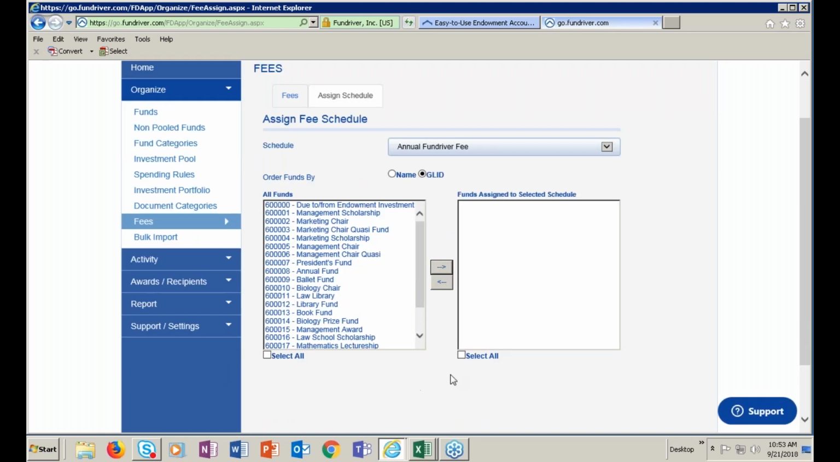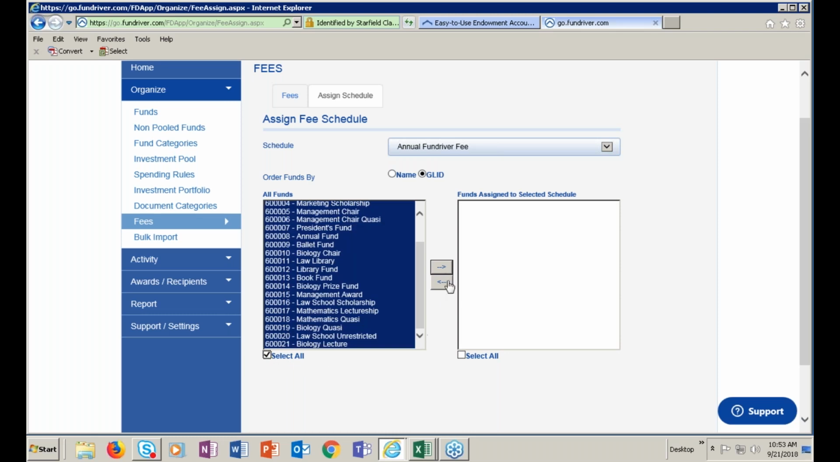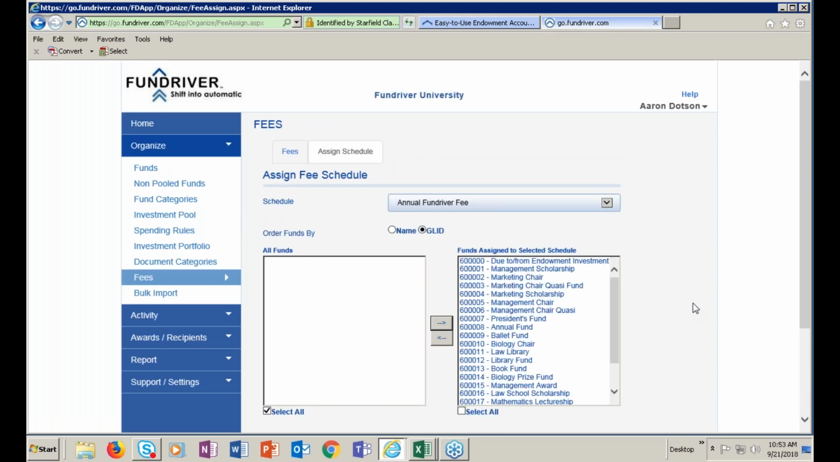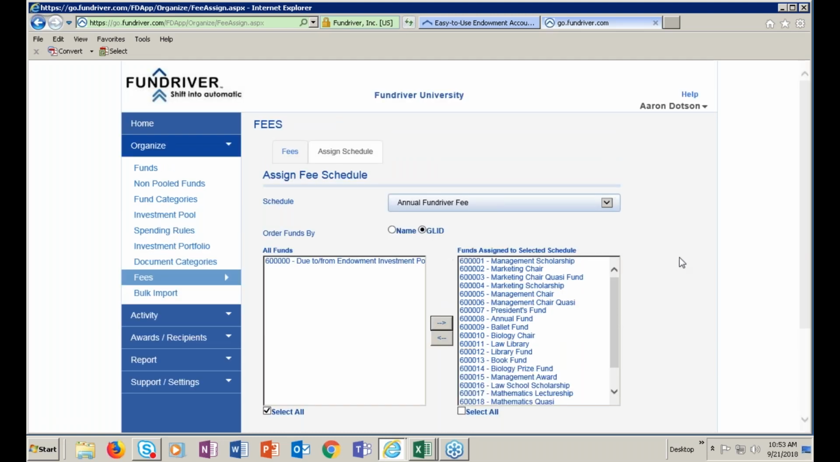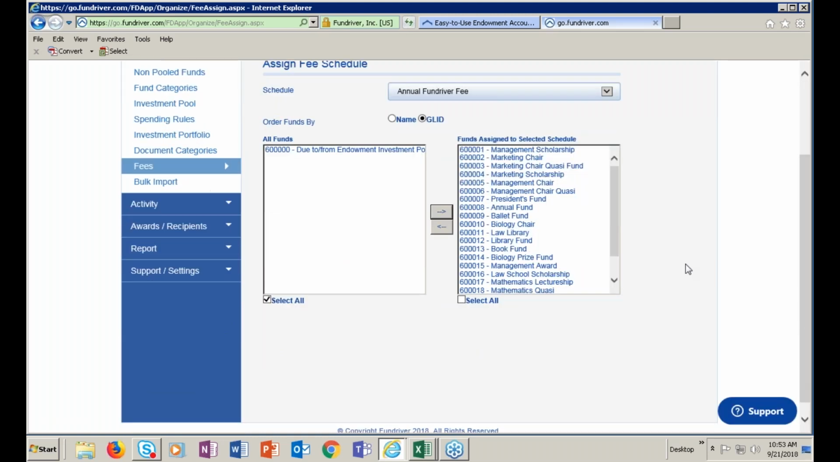the left-hand side over here would be a list of all of the individual named funds in the system. So if all of them were going to participate in the fee schedule, you could just select all and drop them over here. If you need to pull something out of there, you can just grab it and move it back out. And once you've done that,